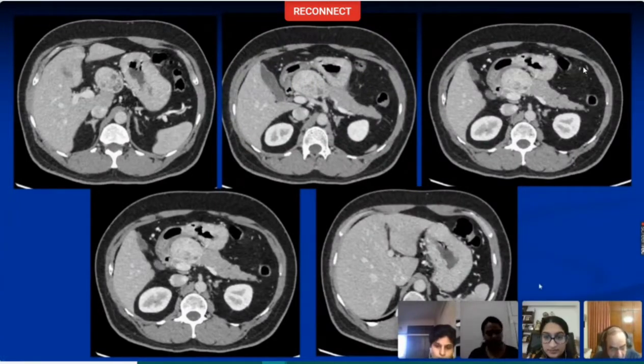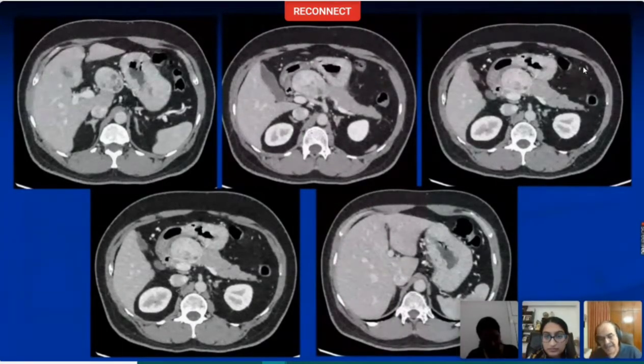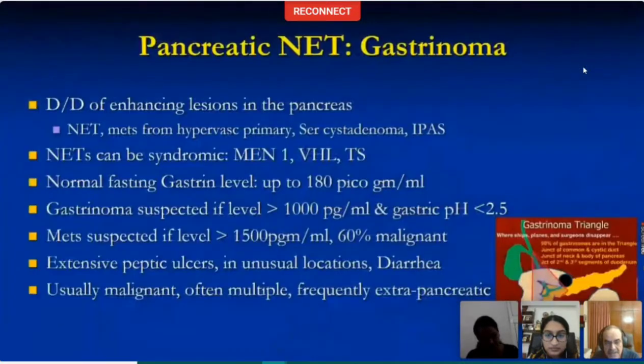So intrapancreatic accessory spleen behaves like the spleen. In the arterial phase, it will show you the typical striped kind of appearance like the spleen shows, and will follow the same attenuation pattern as the spleen. If you do an MR, it will follow the same signal intensity as the spleen and similar diffusion restriction. Spleen shows diffusion restriction. So the intrapancreatic accessory spleen is nothing but a splenunculus, which is located inside the pancreas. And it occurs exclusively in the tail of the pancreas. So when you see a lesion like that, you should include that in your differential diagnosis as well.